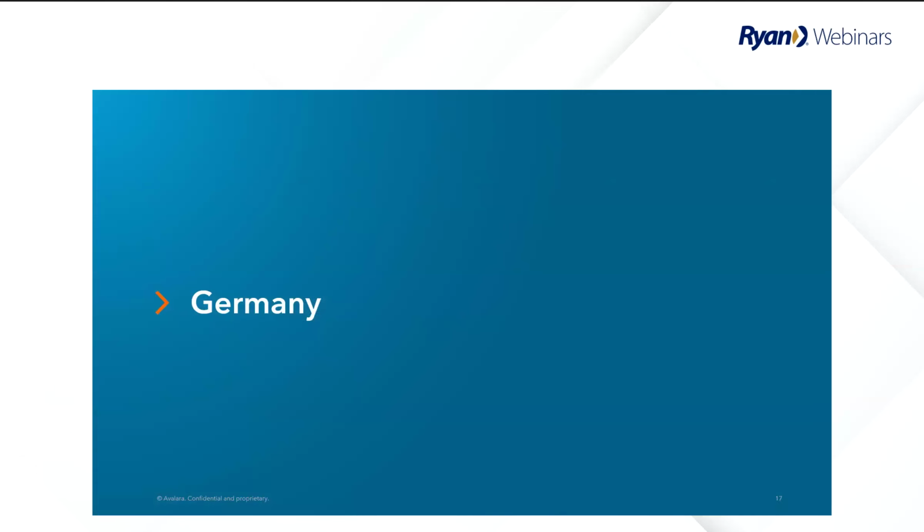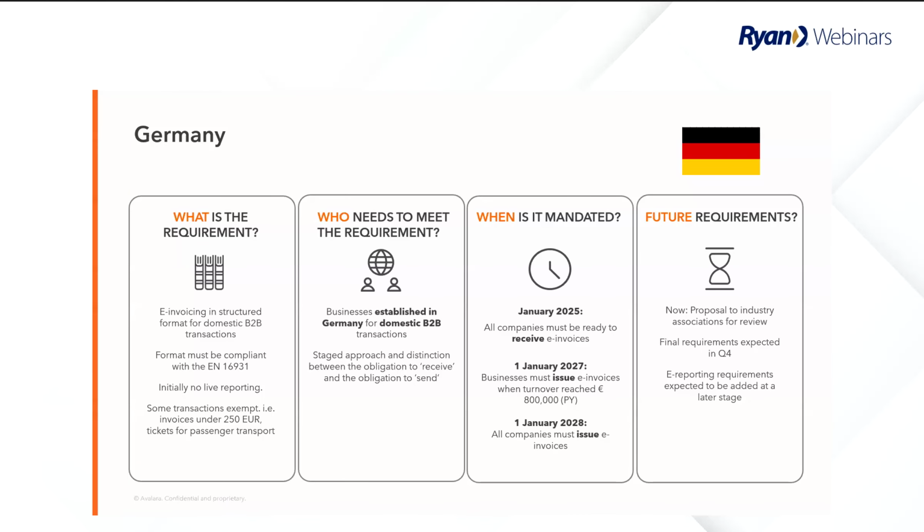So what I want to do is just highlight two countries that we're being asked about a lot and that seem to be at the forefront of everyone's minds. Now, Germany is coming in starting in January next year. Now, this is a slightly softer mandate. What they're trying to do here is set everything up in line with when the VAT in the Digital Age program comes into place. So what they've done is said that as of January 2025, they're getting rid of buyer